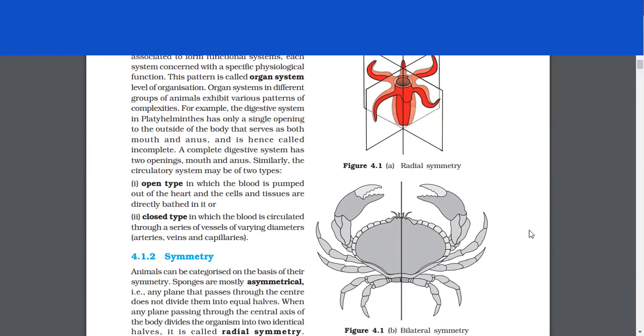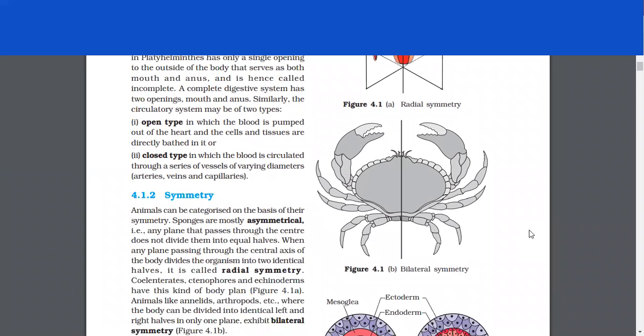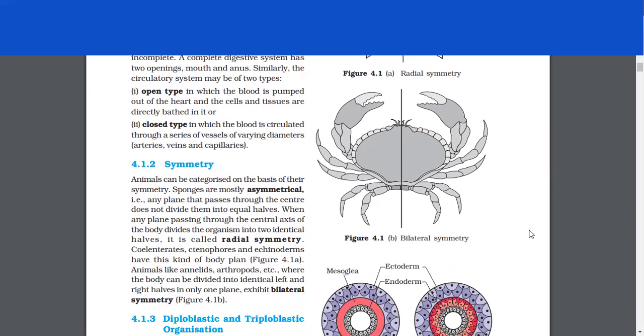For example, the digestive system in platyhelminths has only a single opening to the outside of the body that serves as both mouth and anus and is hence called incomplete. A complete digestive system has two openings, mouth and anus. Similarly, the circulatory system may be of two types. Open type, in which the blood is pumped out of the heart and the cells and tissues are directly bathed in it. Or closed type, in which the blood is circulated through a series of vessels of varying diameters, arteries,